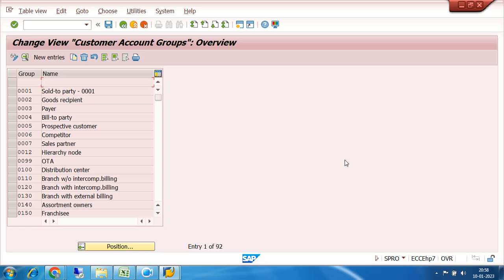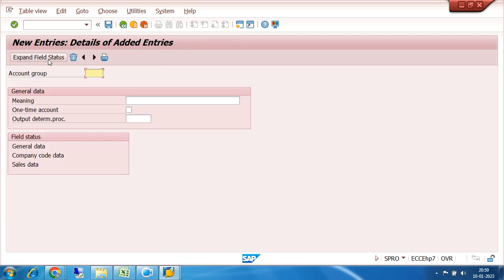But practically, when SAP is implemented in any organization, the organization always gives the option or always guides the SAP consultants on what different types of customer groups they will have, because SAP is normally implemented in a seasoned, old organization having an existing set of practices. So those things will be decided in a different manner, but here I will create only two customer groups. So I am creating one customer group as say